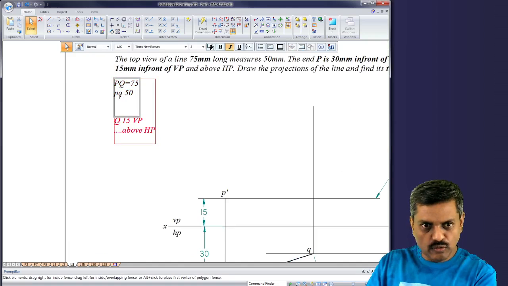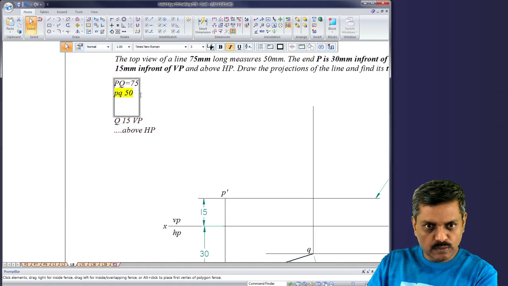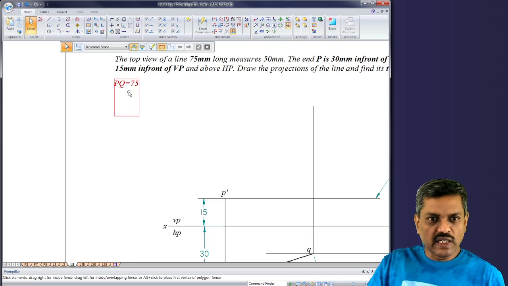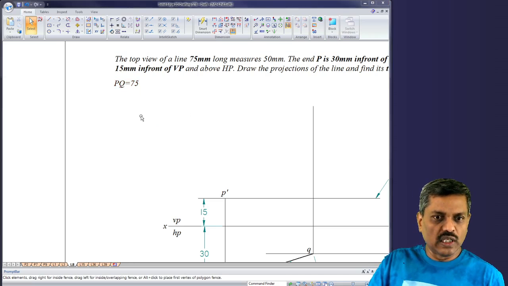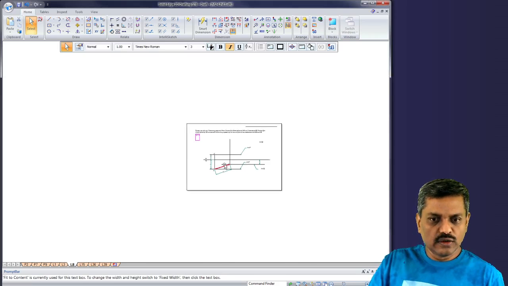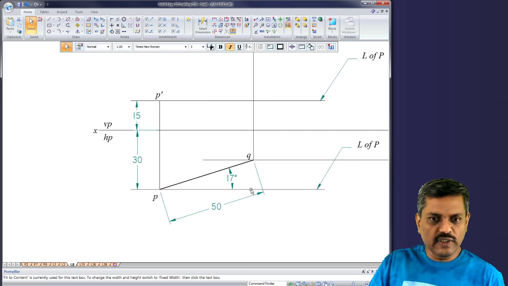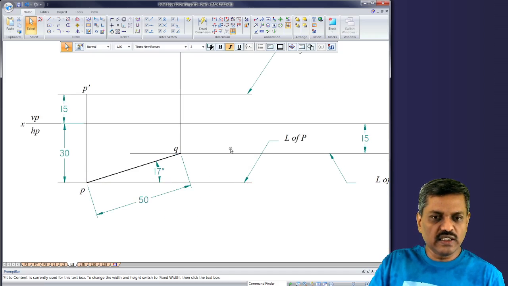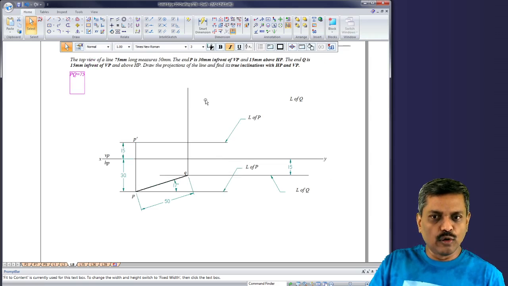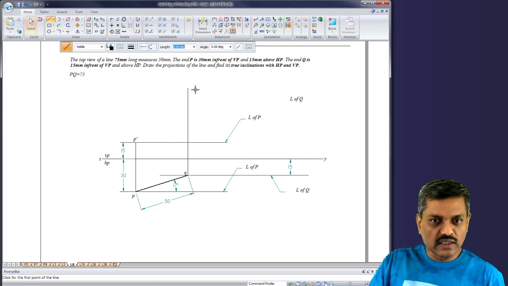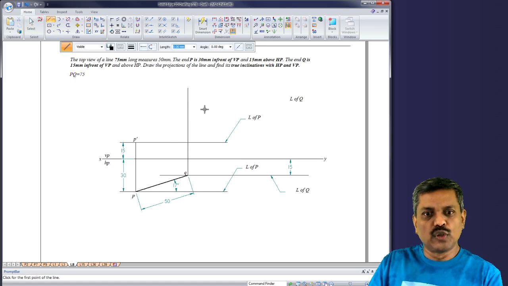So all these are over. When PQ 50 mm is over, we are left with only 75 mm. So 75 mm is the true length. So where can we take it? We can take the true length because the locus is available over here, but there is no locus of Q here. You can't take that. So that is why, because true length is available on both sides.